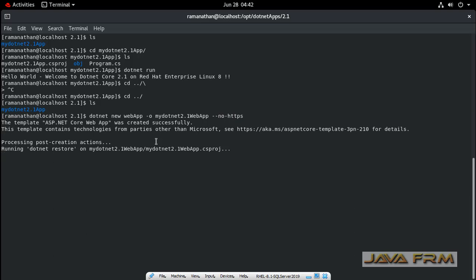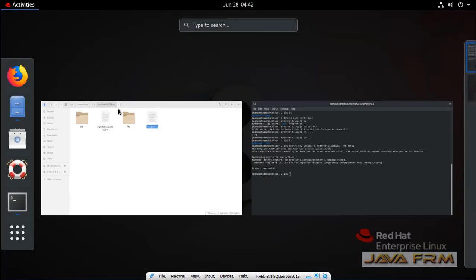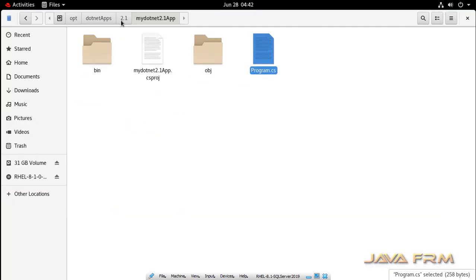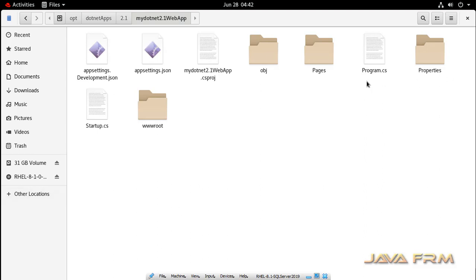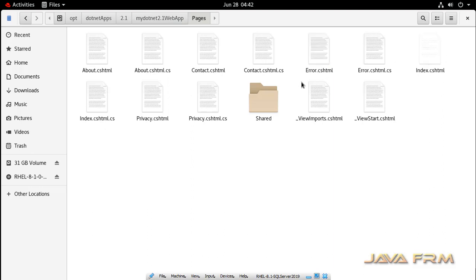Note down this command. So this command will create one directory which contains all the JavaScript, HTML files, JavaScript framework. Yes, this is the directory structure of the web application which I have created now. So you can see that the Pages directory contains HTML pages.